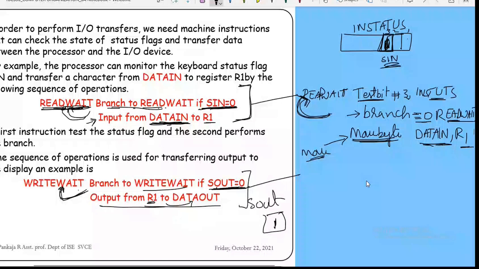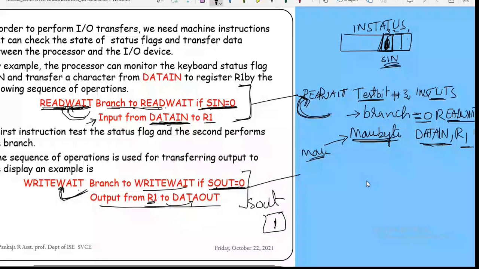It is going to check this flag. If it is 0, it indicates that the output device is not ready. The processor goes back to the waiting state. Okay. And after some time, once again it will check. If it is still 0, it will once again be in the waiting state.